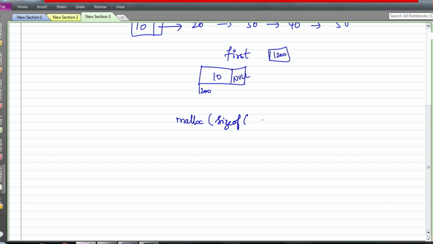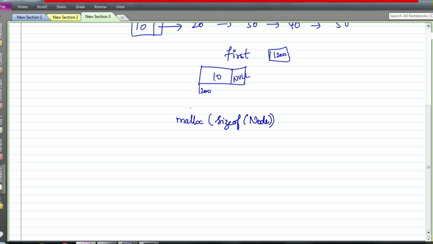So instead of deciding how many bytes are allotted here, you have to make sure the program works irrespective of the type of compiler you are using to execute. Therefore, we give the sizeof operator. Using sizeof, we mention the data type, so the compiler will determine how many bytes are required for the node data type. That many bytes of memory is allotted.